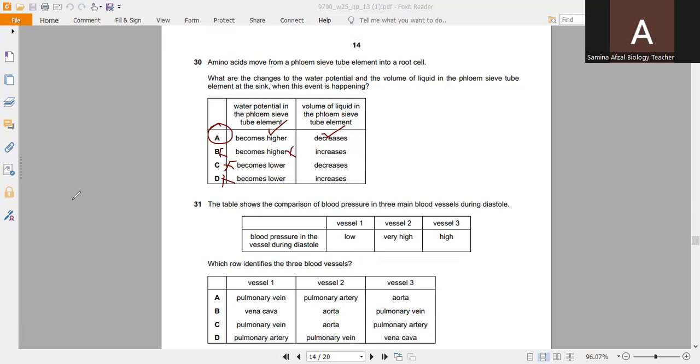You know that the veins like the pulmonary vein carry blood back to the heart under very low pressure as the pumping force of the heart has dissipated through the capillary beds. So vessel 1 can be the pulmonary vein